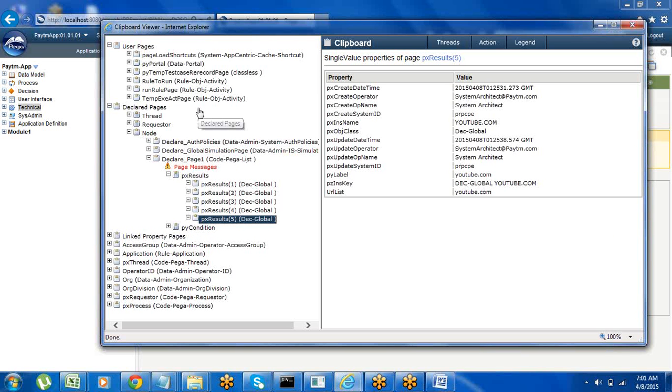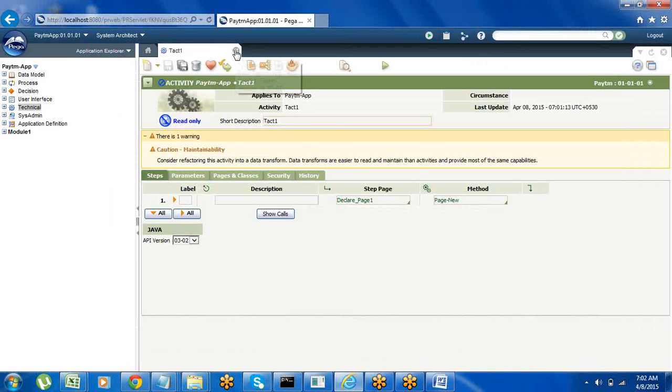But there they will give the time interval for when it should refresh the data. Suppose every single day we want to refresh the data from the database, we can set it in the interval there. Automatically it will update the data from the database and load the new data here, so they can see the new results under the declare pages category. So globally, if they want to share any information throughout the application, they define it in the declare pages category. Okay, just a simple thing.